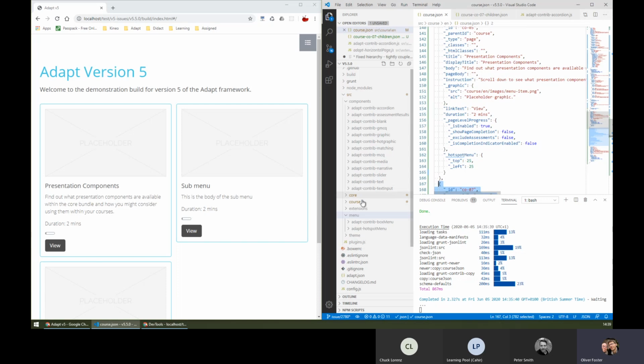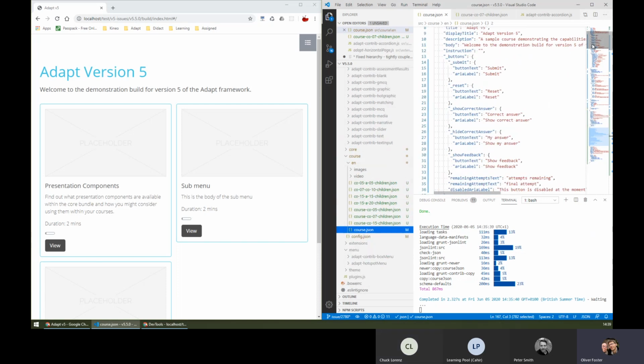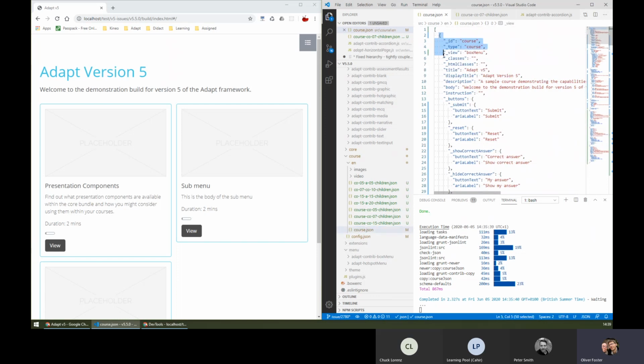So when we start from the course JSON, the first object in the course is always course, but it defines a piece of content. It defines a title, it defines a body, it defines, you know, all of those other parts. So it itself should have a model and view that are rendered for it, and traditionally it did, but they were core models and views, and you couldn't override them. What I've done is just taken the step forwards of allowing people to override the course, content object, page, article, and block